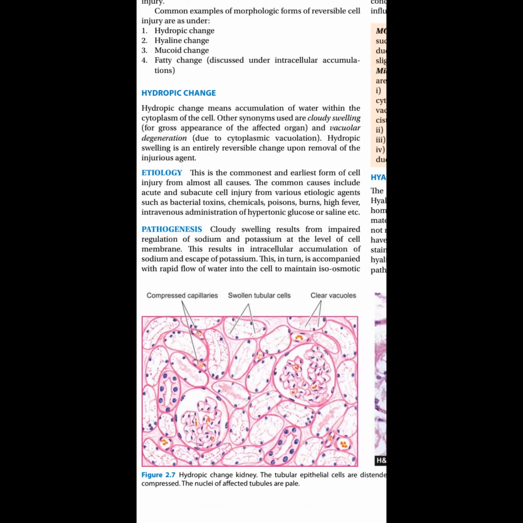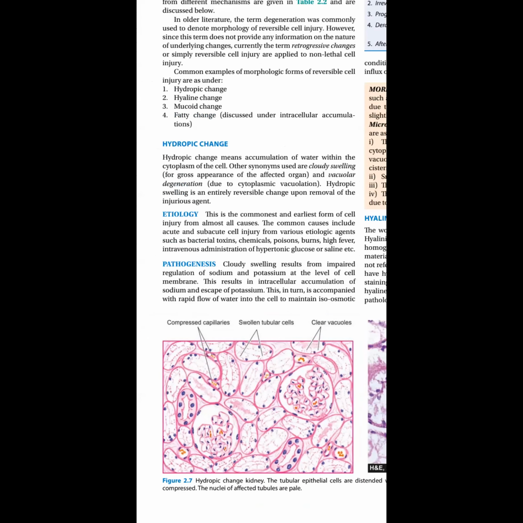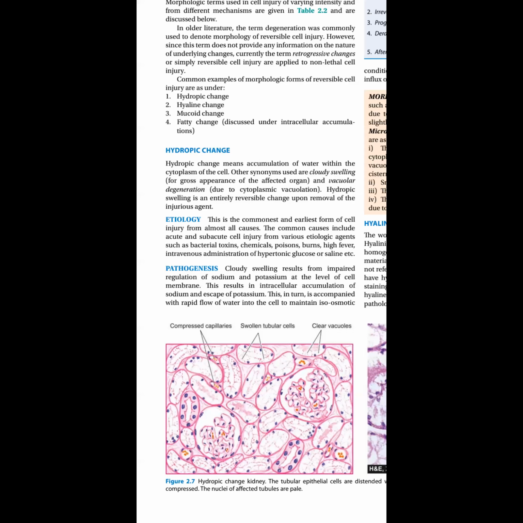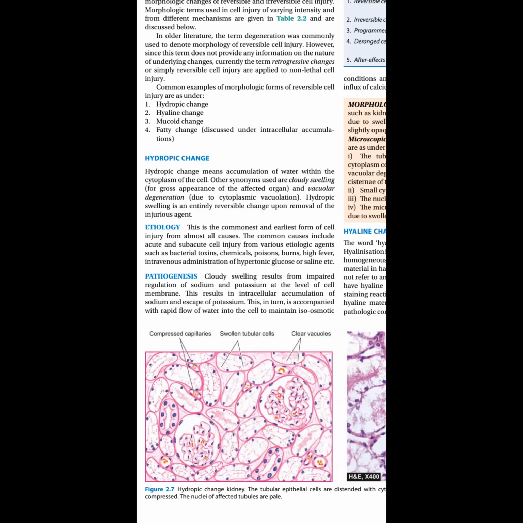At the cell level, what happened? The same I have explained to you, the sodium and potassium influx. What happened? The sodium is not allowed to go outside and potassium cannot come inside. So the majority of the sodium is accumulated over there along with the water. That is the thing happening in this. So hydropic, you just have to explain that it is the accumulation of the water and it's seen majorly in acute and subacute injuries. And this is the most common and the first reaction seen in the morphological changes. Okay, these are the 3 points you have to include in this.